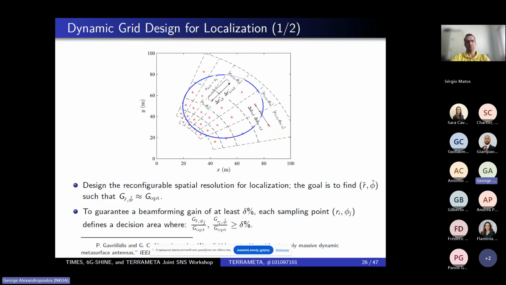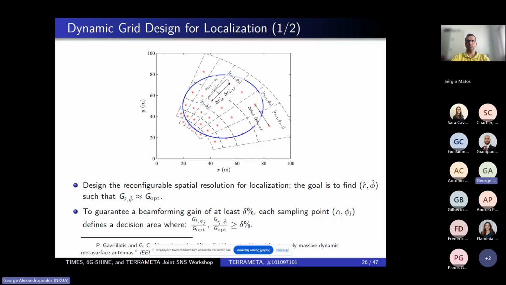this work, where we design a configurable spatial resolution for localization with the goal to find those R hat and P hat, such that the gain is approximately equal to the optimum gain, and to guarantee this uniform gain of at least a certain percentage, each sampling point defines a decision area where those conditions that you see hold. By the way, long story short, what I want to emphasize here is that the grid